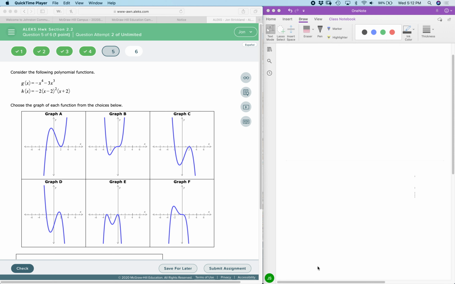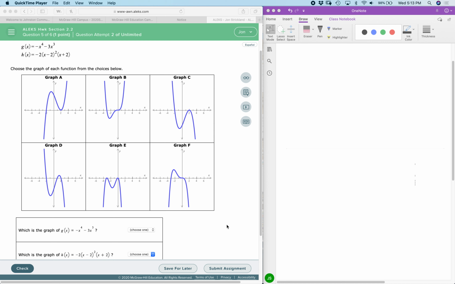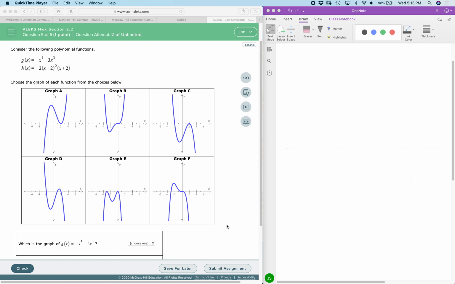Still on section 2.2, it says to consider the following polynomial functions, g of x and h of x, and to choose the graph of each function from the choices below. So we're looking at which of the graphs will match up with g of x and h of x. First of all, let's say for g of x,